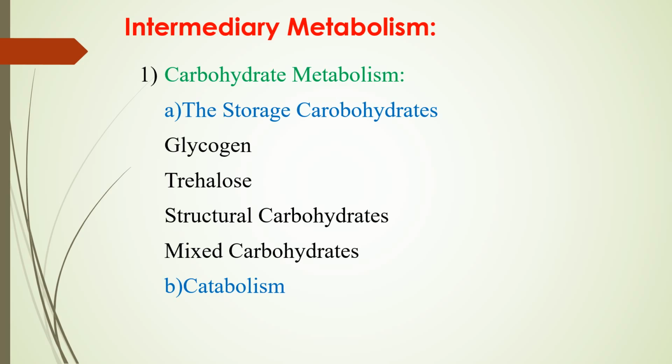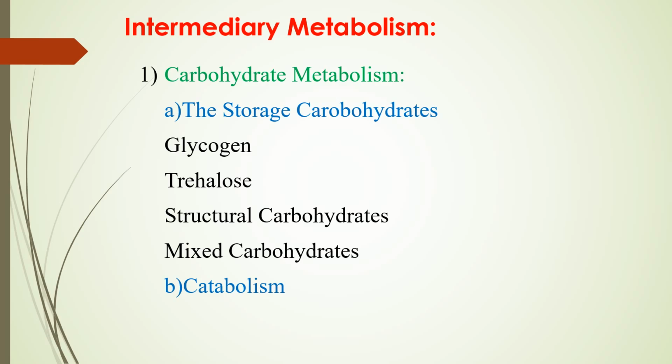Now, the structural carbohydrates are represented by chitin, a polysaccharide forming the exo- and endocuticle. It is a helical polymer which contains N-acetyl glucosamine residues. There are three types of polymorphs of chitin: alpha, beta, and gamma. The mixed carbohydrates are represented by glycoproteins and are distributed in various tissues and secretions. Silk proteins and yolk proteins are the best examples of glycoproteins in insects. Some glycoproteins are attached to the cell membrane.